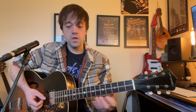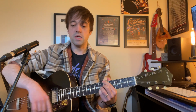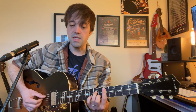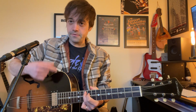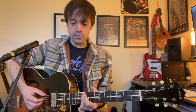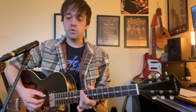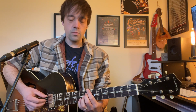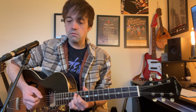And then we go to A7. I'm doing A7 altered there because that is functioning as the 5 of the next chord, which is going to be D minor or D minor 7, and that's the 2 of the 5 chord of the original key. See, this gets a little confusing, but when you see it written out as well, it kind of makes a little bit of logical sense. So we've got D minor, this is 2, 5, G7, and then we do the turnaround, which goes C, A7, D minor,